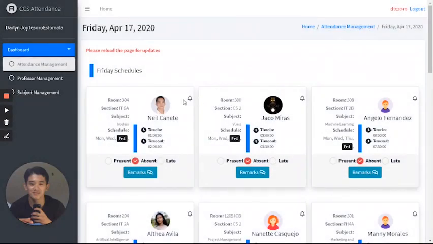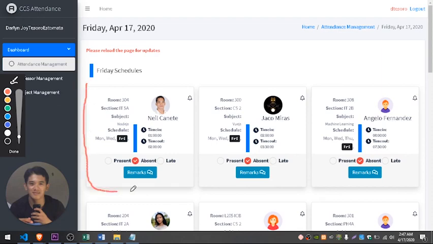Okay, this might be confusing at first glance, but please only focus on one professor's card and analyze. So let's analyze this first, as it shows the information of a professor: room, section, subject, schedule, their time in and time out, as well as their remark or reason and their attendance status, if either late,